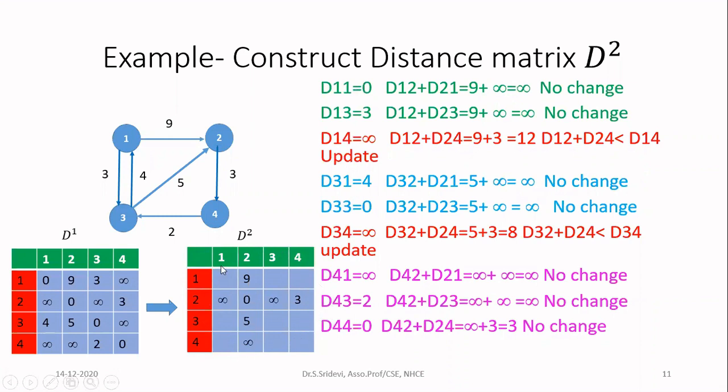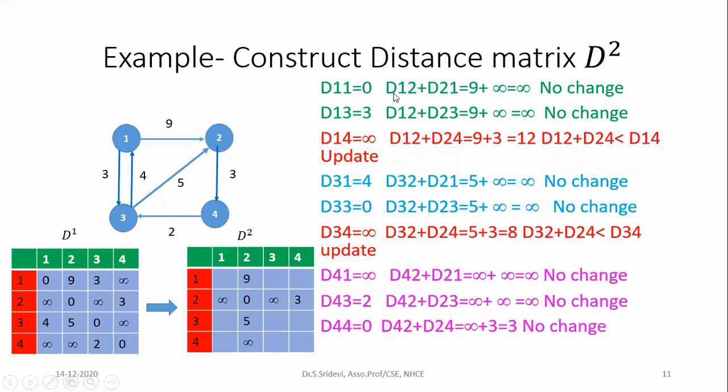So first, let us consider D11. So D11, you have to check from the previous matrix, what is the cost. In D1, the cost of D11 is 0. So you can write it. Then I want to check whether I can go from 1 to 1 through the node 2 because we are considering 2 now, D2 now. So you write D11 is nothing but now you are going to go through the node 2. So I am writing D12 plus D21.